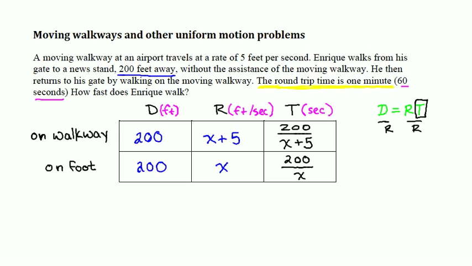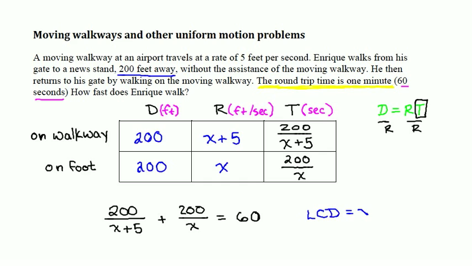So a round trip is the trip out, which is 200 over x plus 5, plus the trip back, which is 200 over x. And this should equal the round trip time in seconds, since seconds are the units of my time, which is 60. So I now have an equation that I can solve, and I'm going to start by finding the LCD,